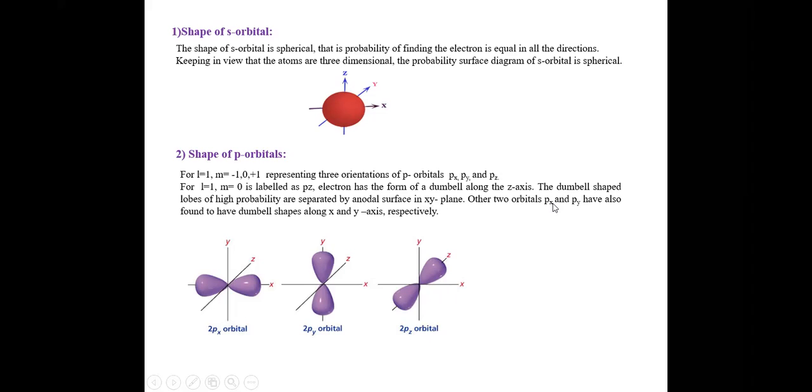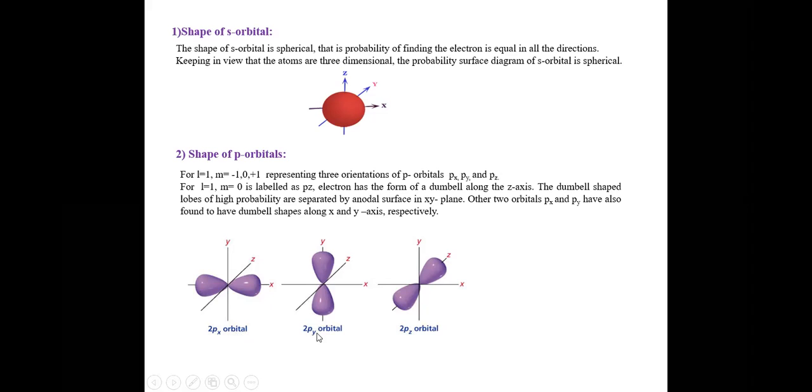The other two orbitals, px and py, are also found to have dumbbell shapes along the x and y axes respectively. See here, this is a px orbital. Here also you can see the dumbbell shape along the x axis. This is the x axis. In the px orbital, the dumbbell shape will be along the x axis,